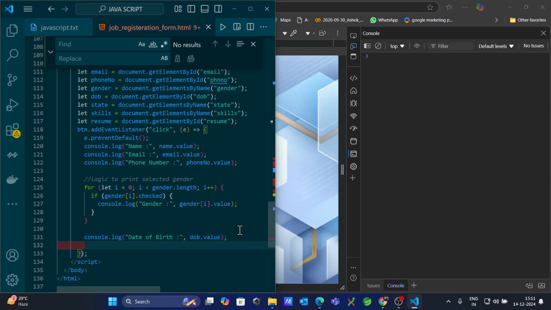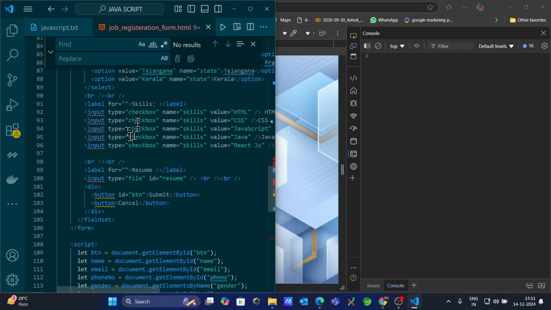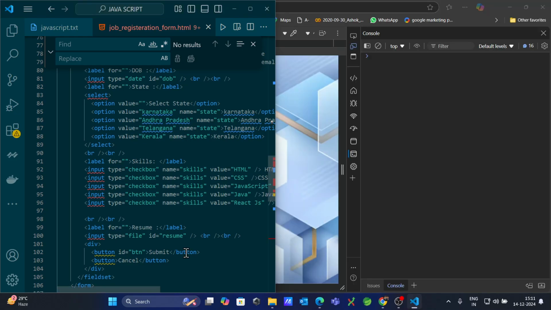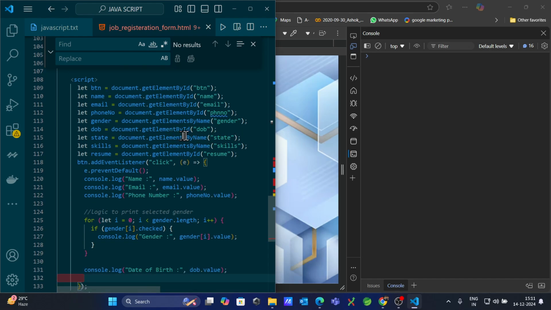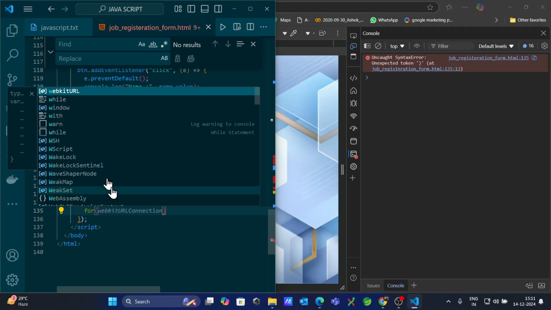Further, what do we need to display? That's state. State and skills have a little logic. For state, we need to select that state, meaning it is not checked, this is selected. So that's why you need to target that one. Same. Where is that state? Say state, getElementsByName. We need to apply that logic to print the selected state, not the selected gender. Okay, then the index value starts with 0 here also, up to